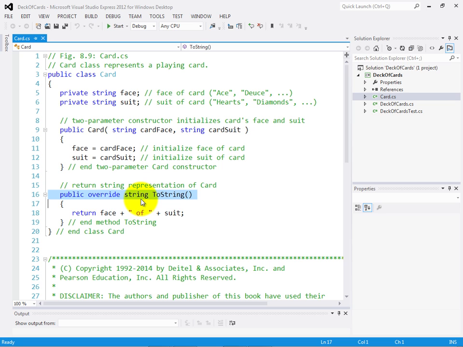And in the case of our card class, we're going to use it to produce the actual card in a text representation that includes the word representing the face, the string of, and the word representing the suit. So that's our entire card class, and we'll see how we use the toString method in our main program momentarily.